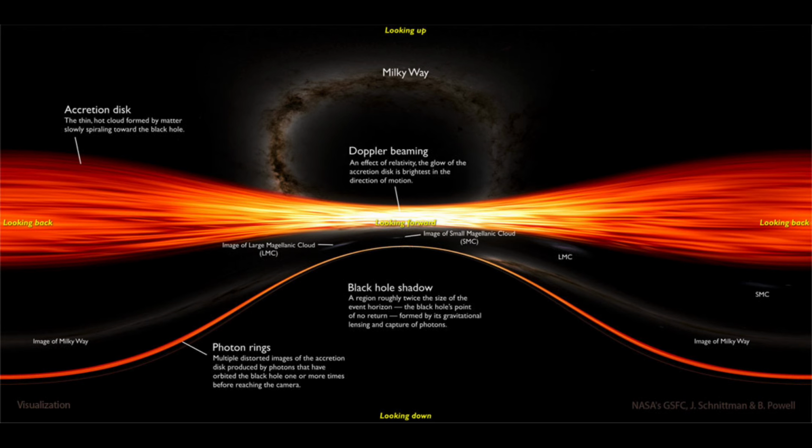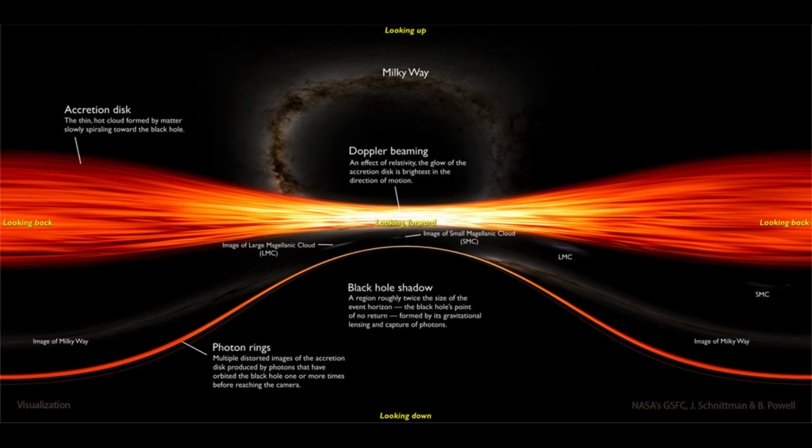So we see our Milky Way. Down to the lower right hand side, we can see where it's labeled SMC and then LMC closer to the center. Those are the Magellanic Clouds, and those are satellite galaxies of our Milky Way. We see them, and we also see images of them just below the center labeled as well. So everything gets so distorted that we will get multiple images of various objects. We see this when we look at things in the sky. And here we get an image of what it would be like if we were traveling rapidly toward the center